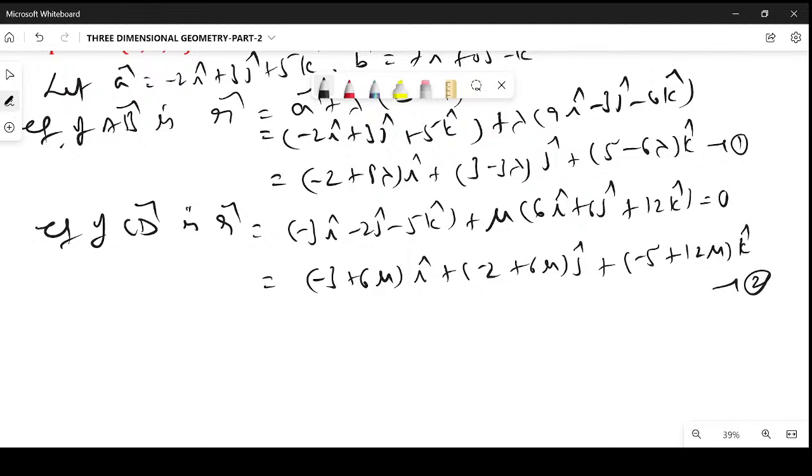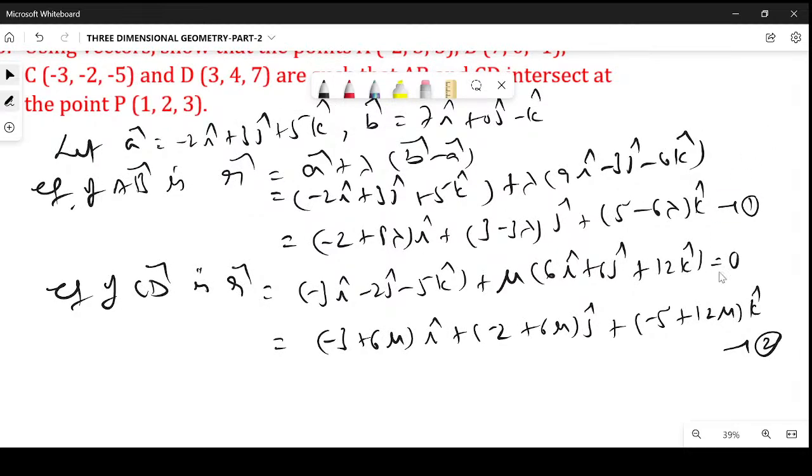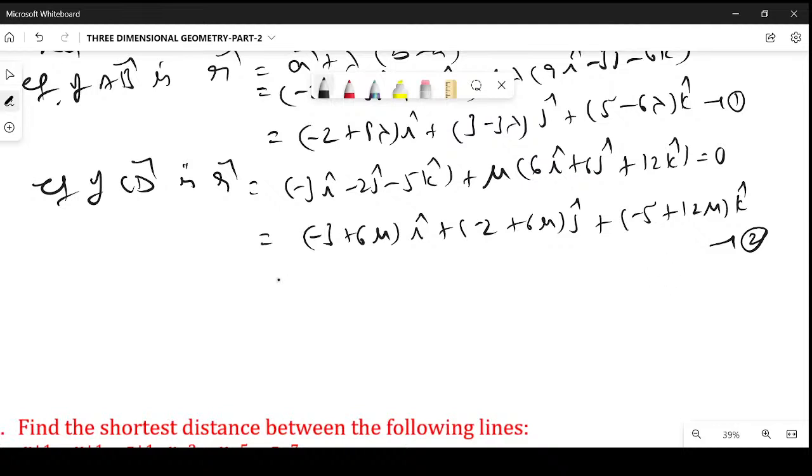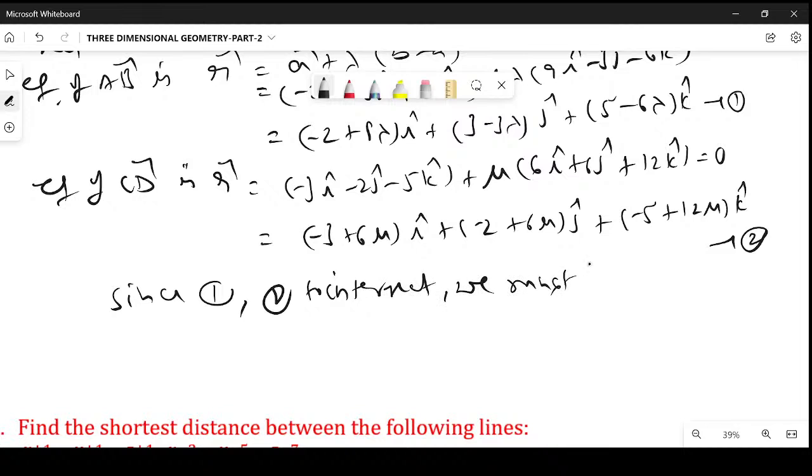This is line 2. So they are asking here from 1 and 2, to intersect these 1 and 2 lines, they are asking to prove that they are intersecting, right? They are asking they intersect at the point P 1, 2, 3. So for 1 and 2 to intersect, they should have a common point, right? We must have, since 1 and 2 intersect,